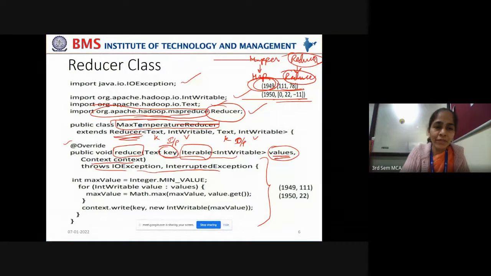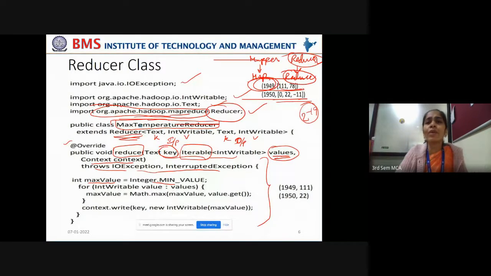So we are declaring a variable max value and assigning it the minimum value that is possible, the min value of the Integer class, which is around -2 to the power 31. That minimum value we are assigning to the max value, because we don't know the global air temperatures that are recorded.